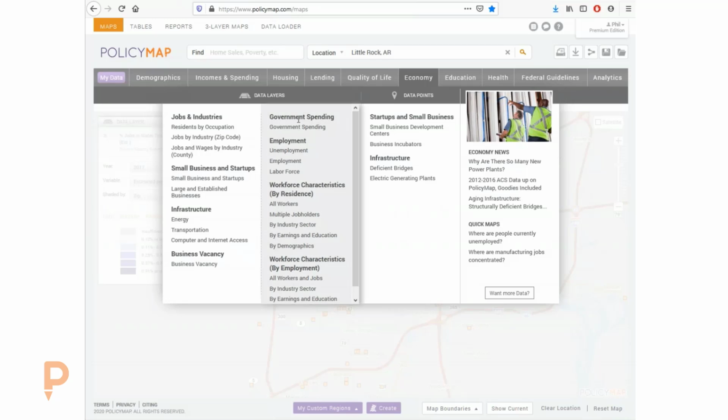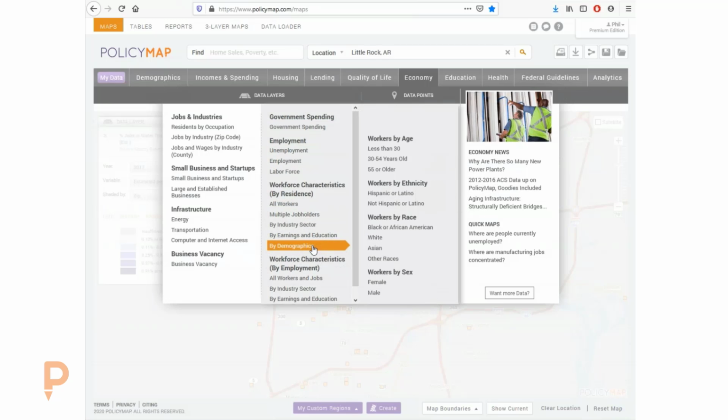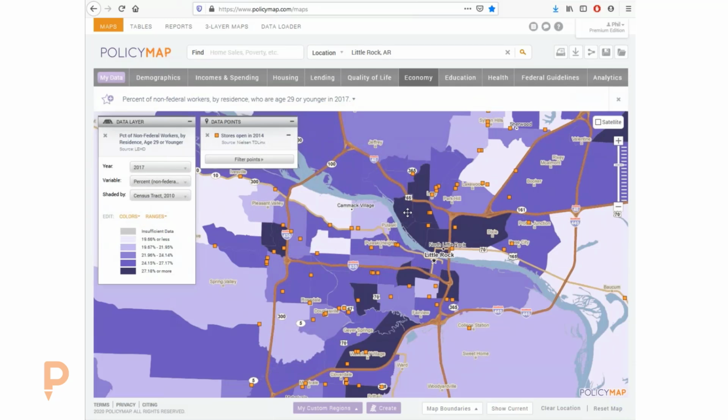But what the census does, amazingly, is work with other federal agencies to join together and say, you have data about jobs, we have data about people, let's put those two together. And so they created this really cool data set called LEHD, which stands for the Longitudinal Employer Household Dynamics. You can pull this up and understand this a bit yourself.